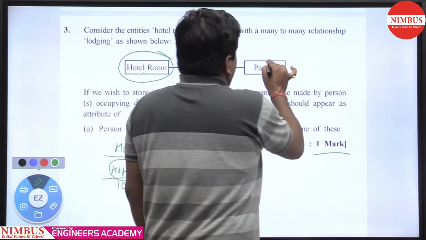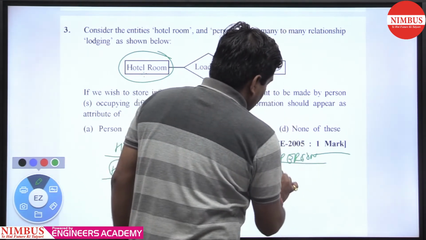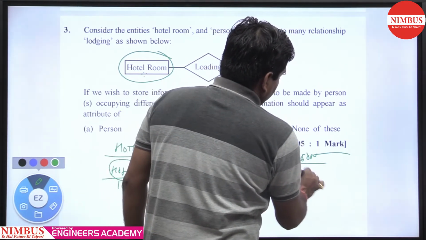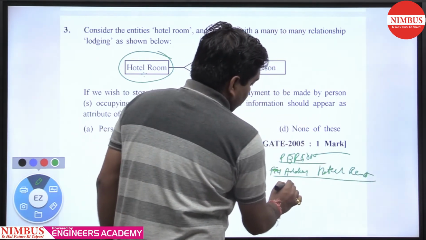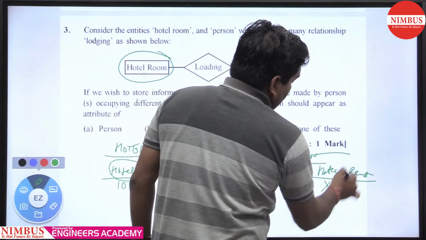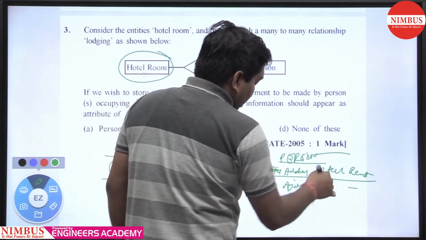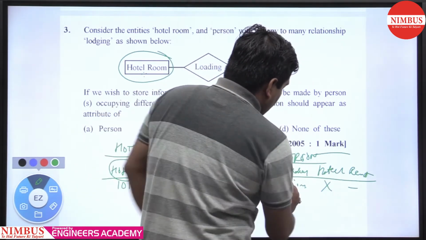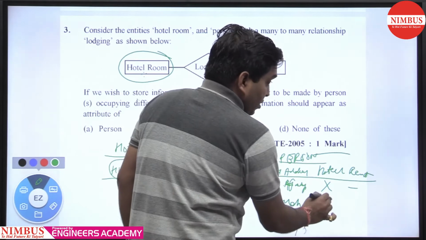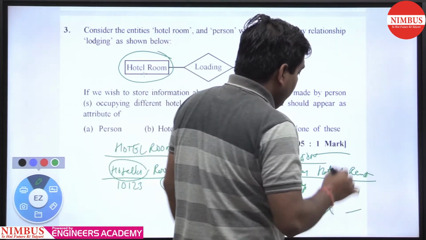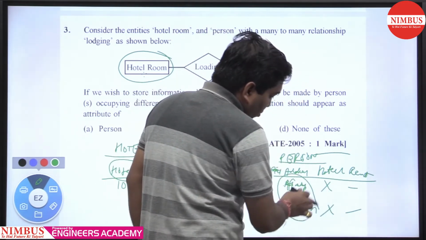But if we add it on the person side, then what will happen? Let's suppose person ID, that is Aadhaar, hotel and rent. Let's suppose the person named Ajay lives in hotel X and paid the rent. Then what will happen? Not only Ajay, on another day, after Ajay, Mahesh lives in hotel X and pays the room rent, getting my point. So this one rent is paid by two persons, so it also becomes multi-valued.